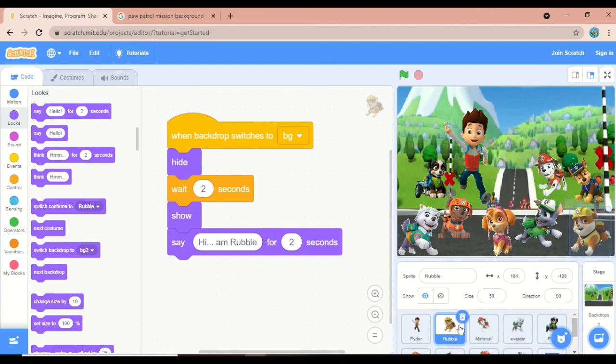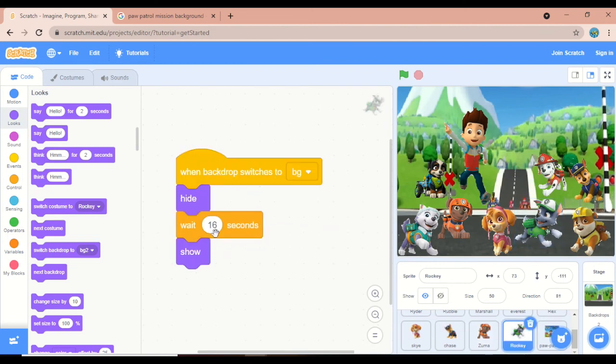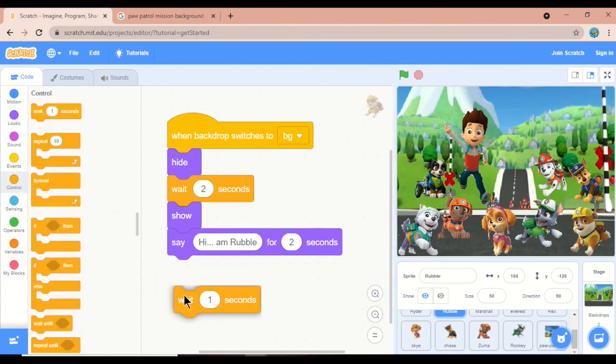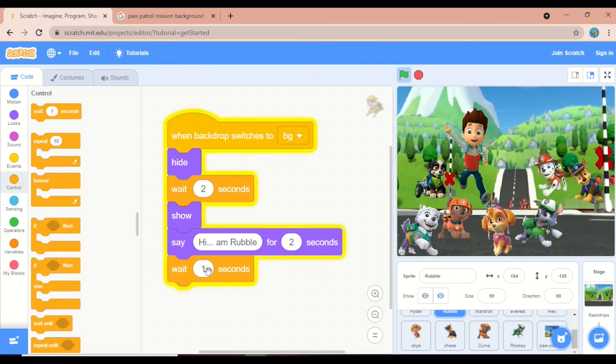So first of all, Rubble. Rubble will wait for everyone to say hi. The last is Rocky, so after 16 seconds, Rocky will say hi. So this Rubble should wait for 16 seconds.